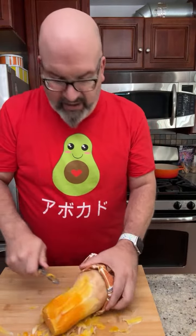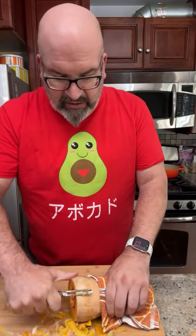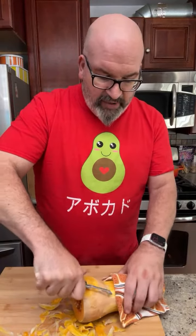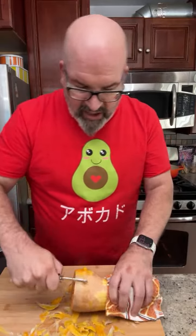Okay, just peeling this through. Hopefully you guys can see that. Now I can see on my iPad that you guys can actually see what I'm doing too, which is nice. It's hard to tell in this creator view what's exactly on the screen. I'm just going to keep peeling this off, and then we're going to prep the butternut squash. We're going to be making this caramelized butternut squash recipe, and then I'm going to go over everything with it as far as how to buy it, how to store it, all that stuff as soon as I get it peeled. Peeling it while it's hot is a little difficult,